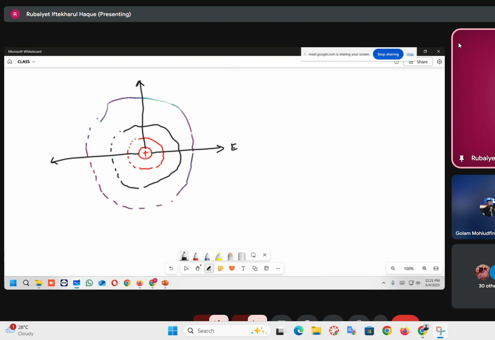সূত্রটা কি ছিল? KQ by R square. যেহেতু E1 এর R radius ছোট, ইলেকট্রিক ফিল্ড কিন্তু E1 এরটা বড়। আপনাদের এটা মনে আছে তো? হ্যাঁ? ক্লিয়ার আছেন এটা? এটা ক্লিয়ার তো কনসেপ্ট? কিন্তু আপনারা যদি এখন ফাই ক্যালকুলেট করেন, এই সারফেসের ক্ষেত্রে ফাই 1, এটার ক্ষেত্রে ফাই 2, আর এটার ক্ষেত্রে ফাই 3।